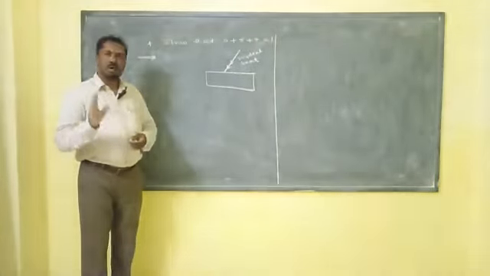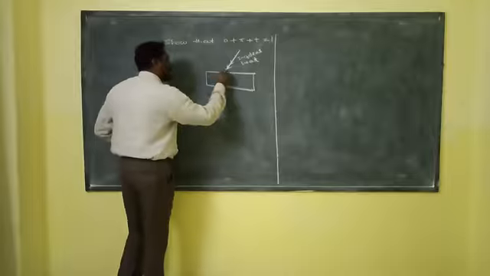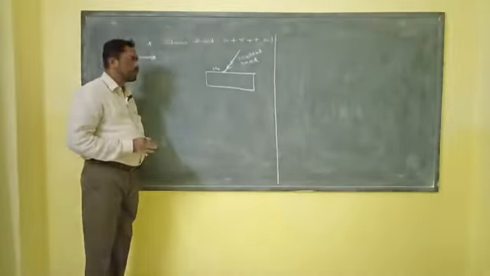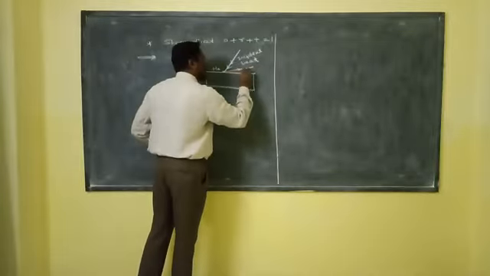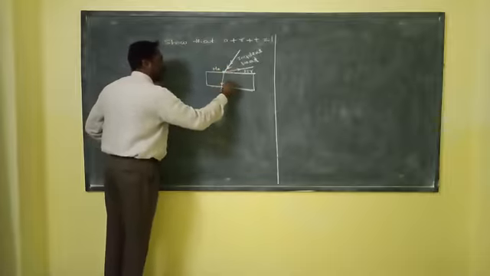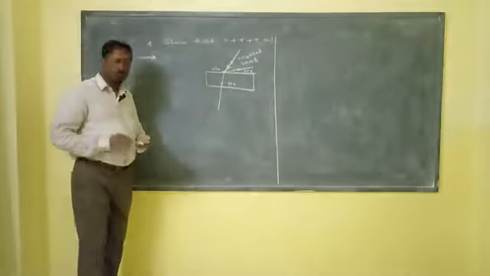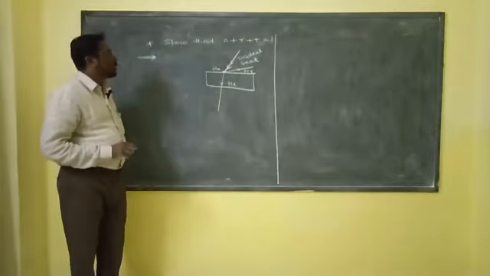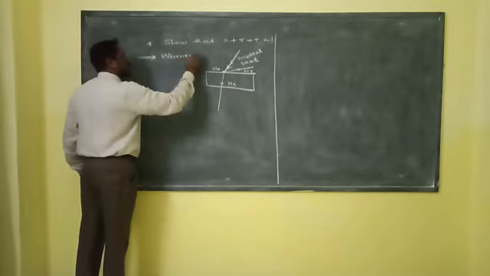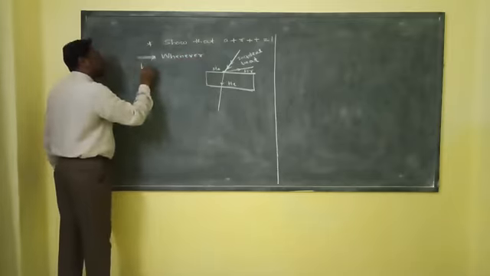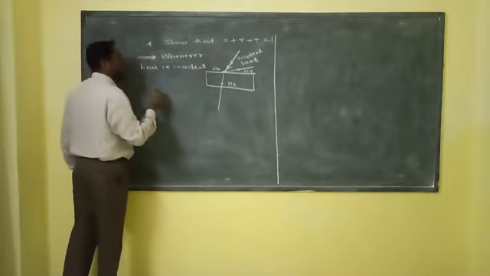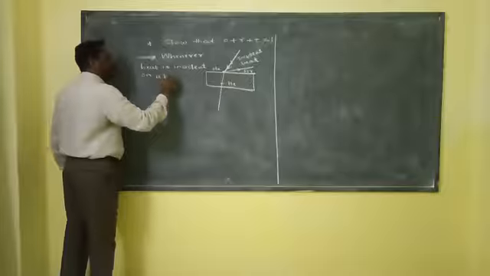Whenever heat is incident on a body, at that time, some part of heat is absorbed by the body, some part of heat is reflected by the body, and some part of heat is transmitted through the body. What we see here is that whenever heat is incident on a body,